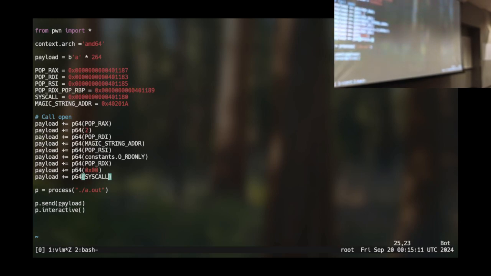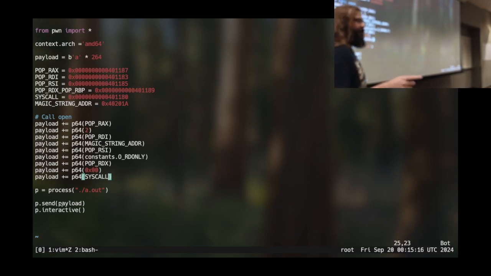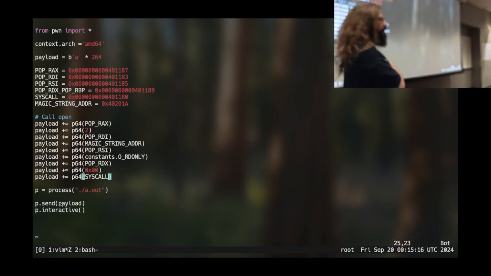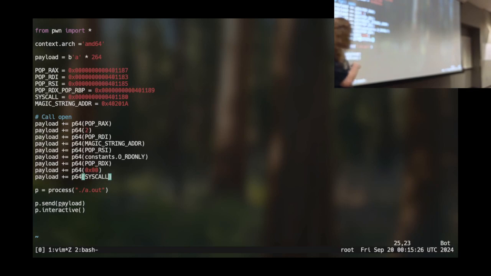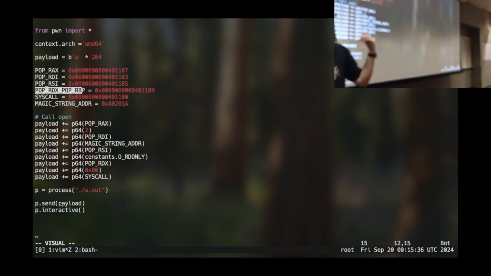All right, that's not true. I'll show why in a moment. Do you have something else you're looking at right now? I noticed that it's supposed to be pop RDX, pop RBP, because that's the actual one we have there. Okay, so you're thinking ahead. All right. So the comment was, I don't have pop RDX, right? I kind of just made that up over here, and my Python code would explode because it would tell me that pop RDX doesn't exist. So instead I have pop RDX, pop RBP. How do I fix this so that it works?